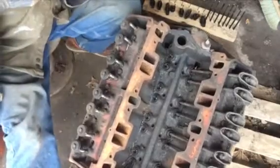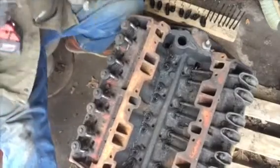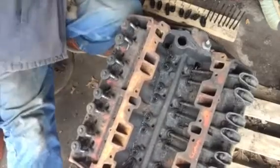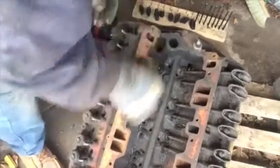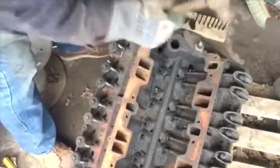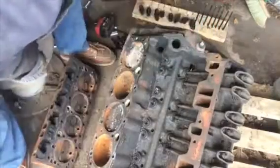I already had these cracked loose already. Let's see what it looks like under that head, because we know the history of the car. This thing has probably never been apart. Oh, that came off. Oh man,